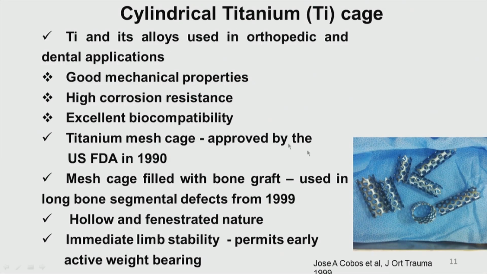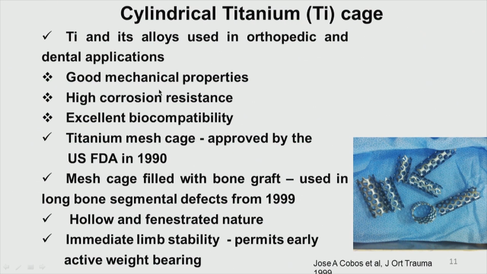I have showed you these pictures, the cylindrical titanium cage, it is used nowadays quite a lot, especially when we are talking about long bone segmental defect, that is greater than 5 centimeter defect. The beauty of it is this is a cage, so it is lightweight, it is titanium. Titanium has a lot of biocompatible and osseointegration properties. So, one can fill this up with calcium sulphate or hydroxyapatite or allografts of the host, and then fill up